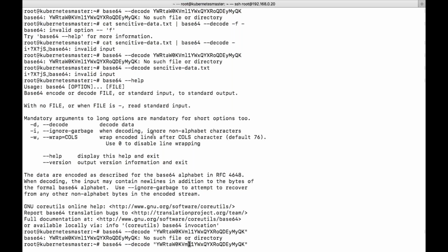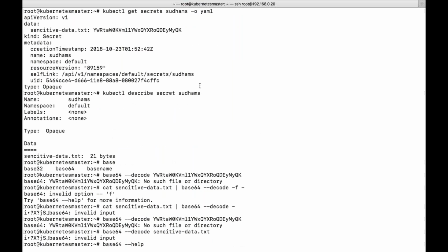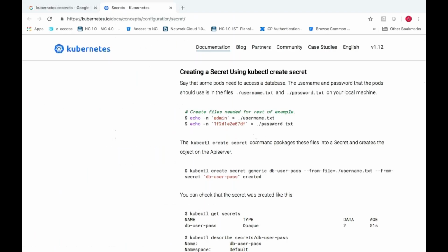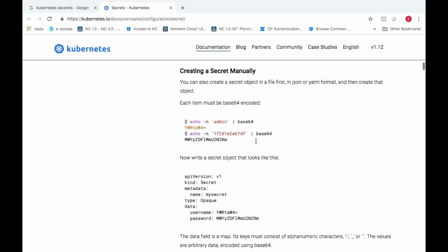We'll see later how to decode it, but this is the way to decode your data. Here it tries to protect your data in a similar fashion. So that is how it's created.